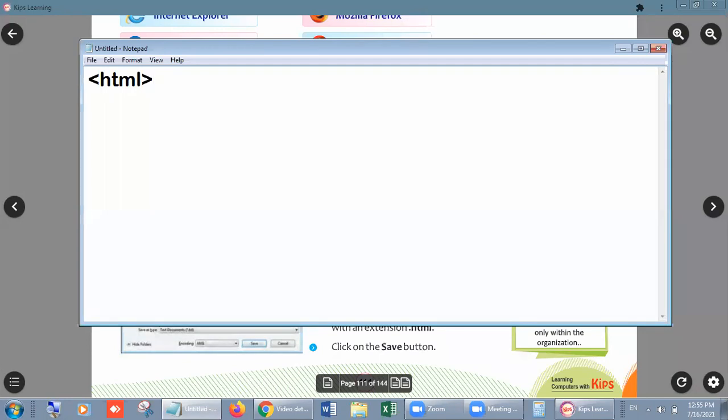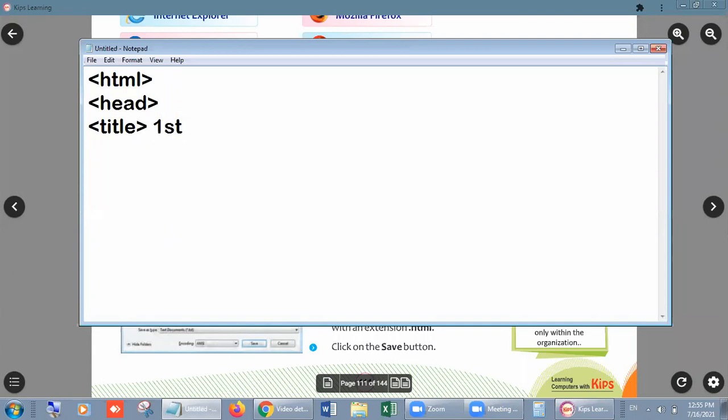HTML. Okay. Then enter. After that, again less than bracket, start head. After head, it is title. And in title, we have to write something. Suppose first program.